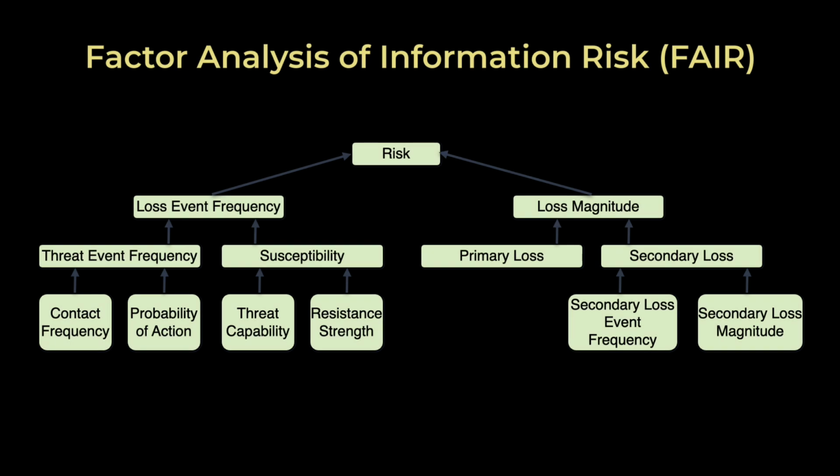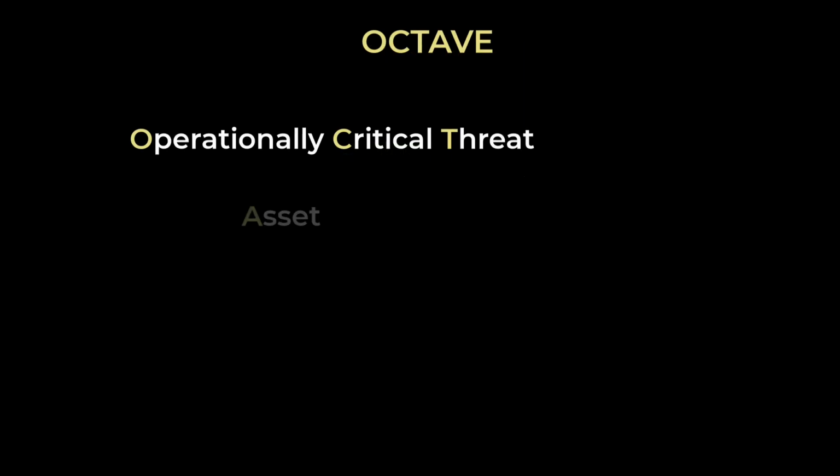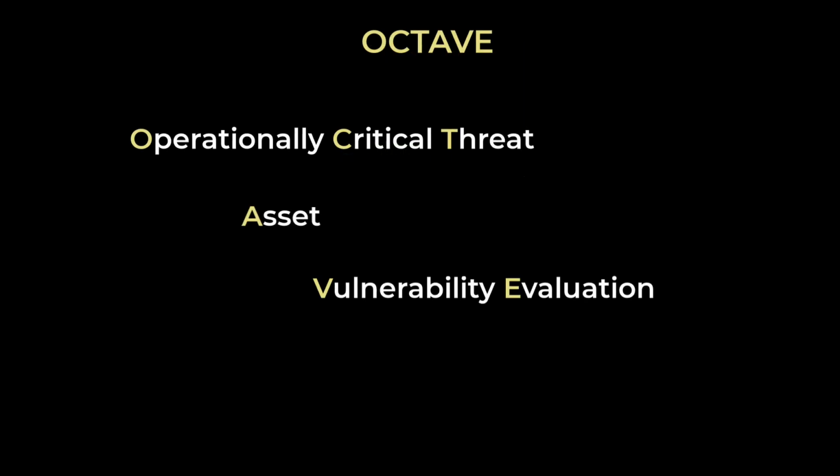FAIR, Factor Analysis of Information Risk. FAIR is a quantitative risk assessment framework that measures risk in financial terms, helping organizations make informed cybersecurity investment decisions. Instead of treating risk as a vague or qualitative concept, FAIR defines risk as a function of threat event frequency, vulnerability, and loss magnitude. OCTAVE, Operationally Critical Threat, Asset, and Vulnerability Evaluation, is a set of risk-based assessment methodologies developed